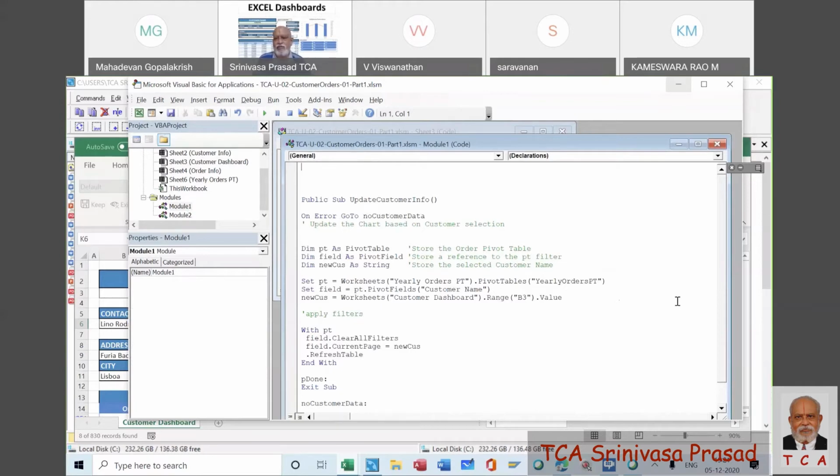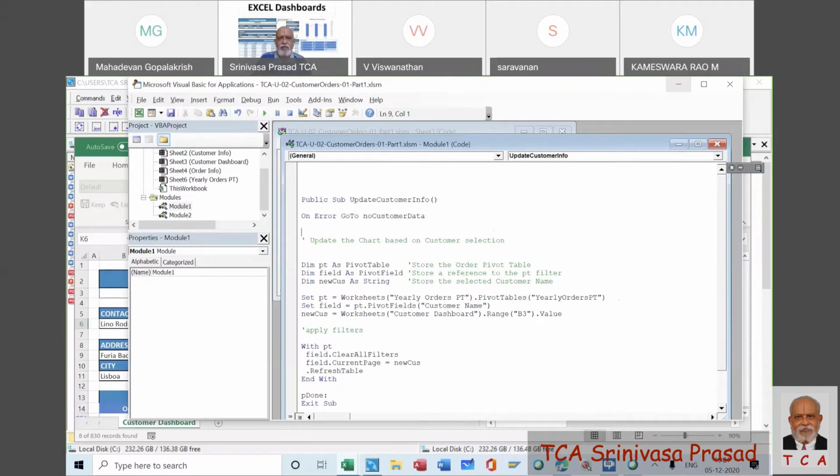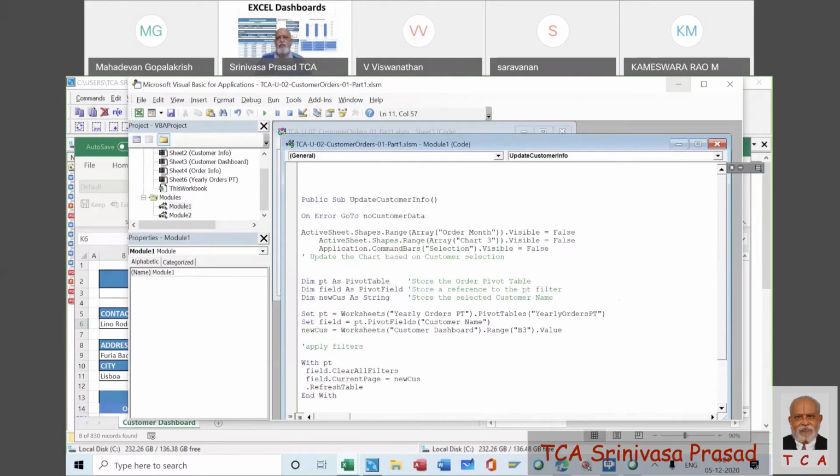Whatever jobs we are doing are only based on the customer information whenever it changes. Am I right or wrong? So far, the end user will be given the option of only changing the customer name, nothing else. So all those things we are going to put here. So let's come back here and copy these things at this point for the time being. So we have taken all the 3.